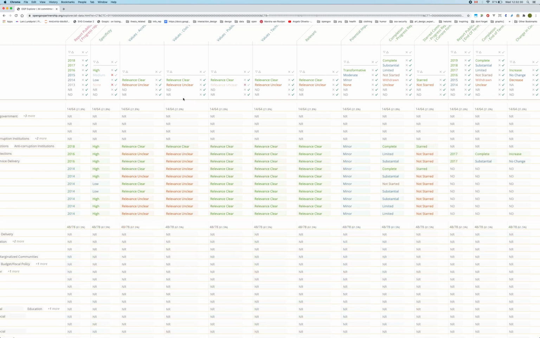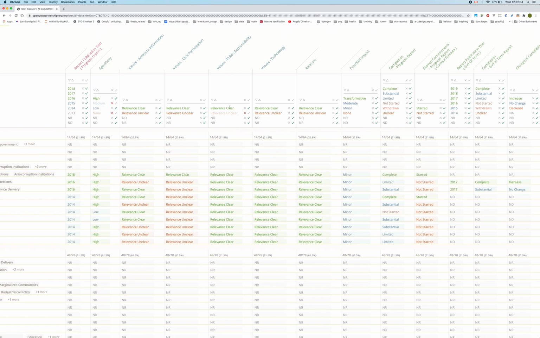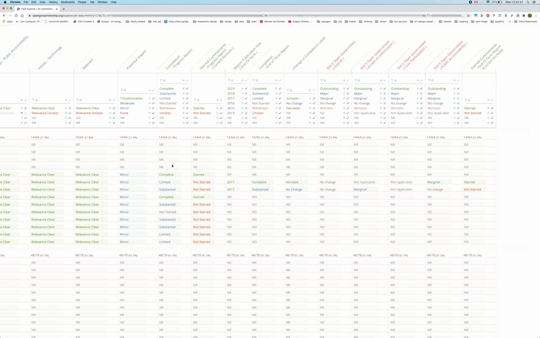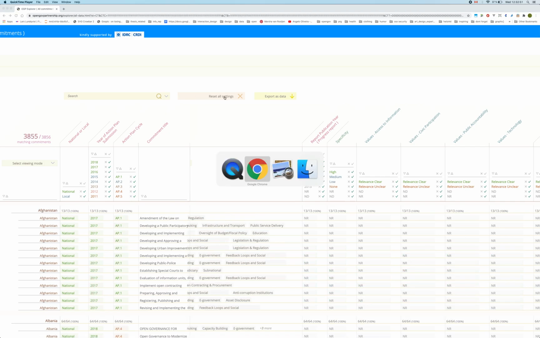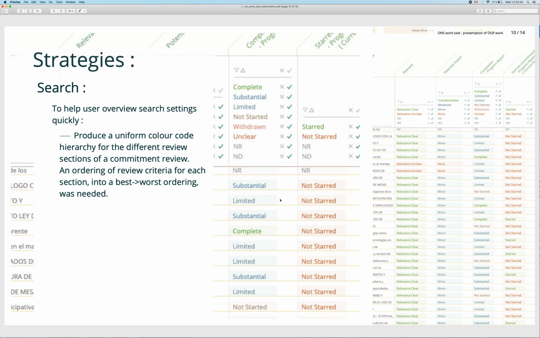So for instance, if we just want to look at everything with relevance clear in public accountability, we can do that, and then we can sort of scan the results, and it generally looks better, except for all these unreviewed commitments. I'll just go and reset that while I skip back. So the coloring helps with seeing what search criteria have been activated and what the general tendency of